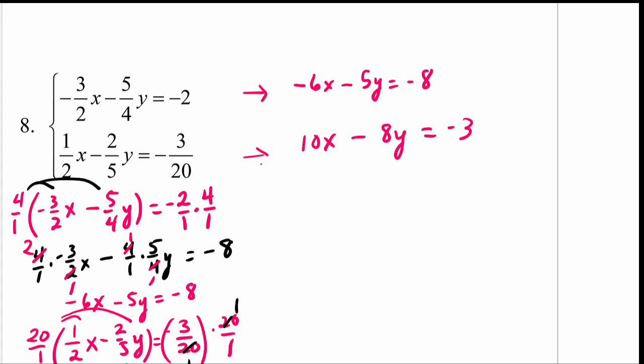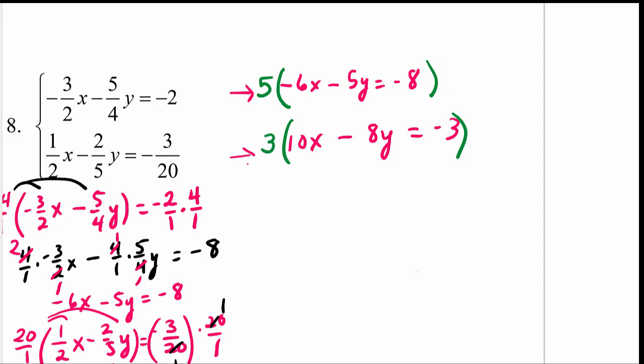All right, so I'm going to multiply the top equation by a 10. Nope, I'm not. I'm actually going to go with a smaller number. I'm going to multiply the top equation by 5 because I can change these coefficients to 30. Can you see that? I could use 60, but 60 would be big. I like to keep my numbers small.